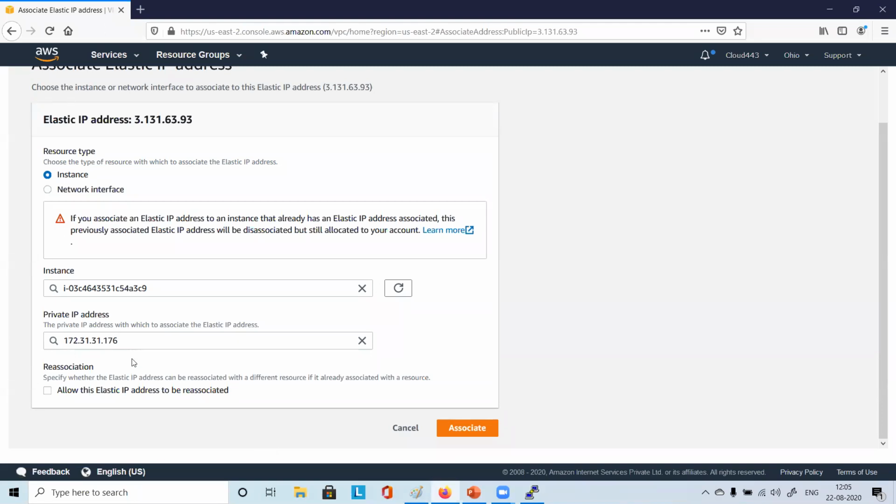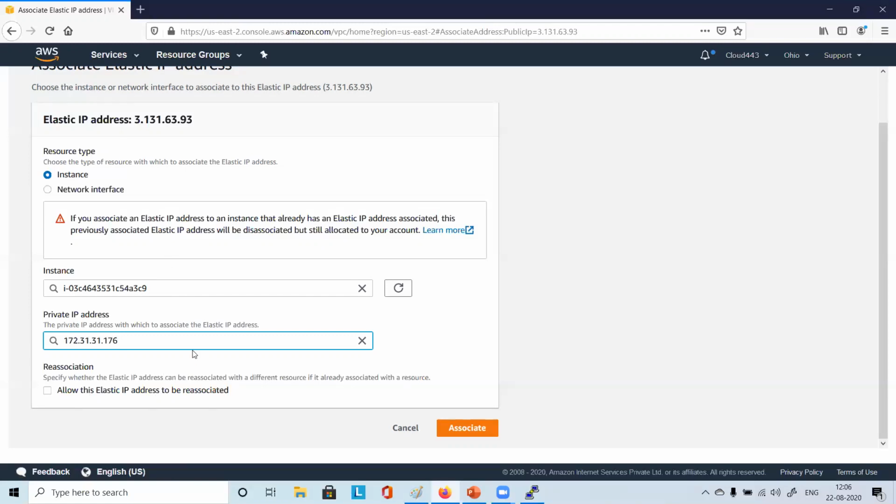And if you have multiple IP addresses configured in your machine, like multiple Ethernet cards, that ENI, elastic network interface, then multiple options can come here, but we have only one. So that's why only one came. Sometimes practically we may have 2-3 IP addresses. Then the drop-down will come, and you can choose which one you want to associate with.